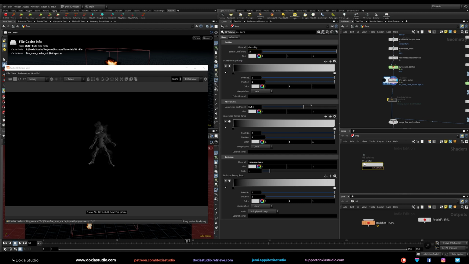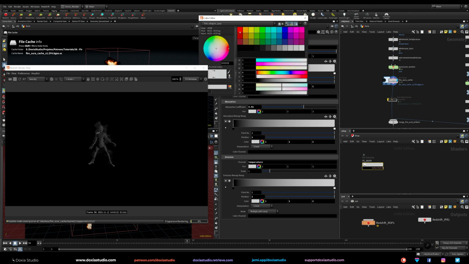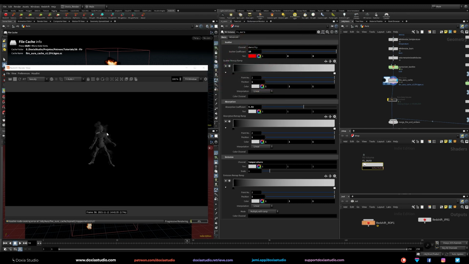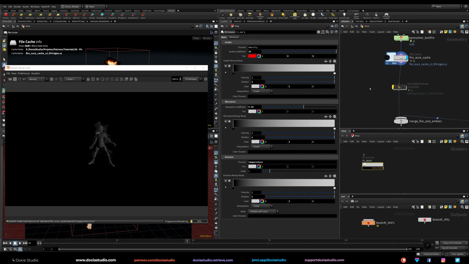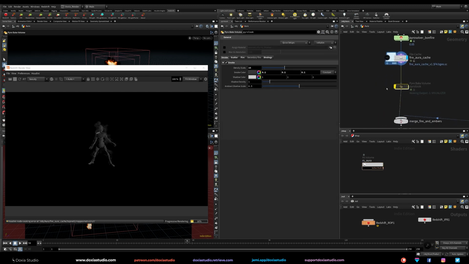I can change these parameters and they don't change at all. Even if I change the colors, they don't update here on the viewport. And I don't really know what this node does, the Pyro bake volume, but maybe it's for Karma or the other Mantra rendering in Houdini. But for Redshift, you need this node too. To be honest, it's not going to do anything